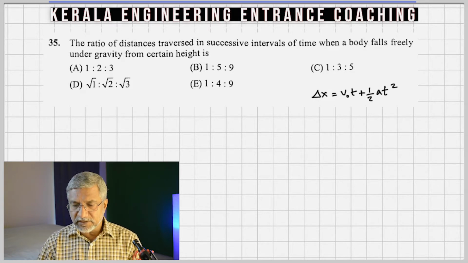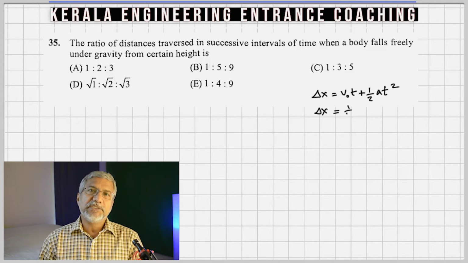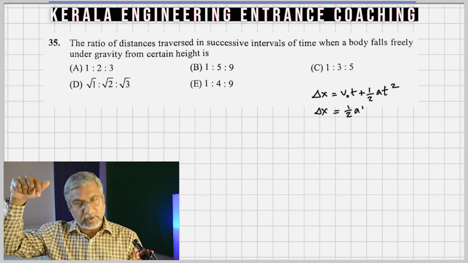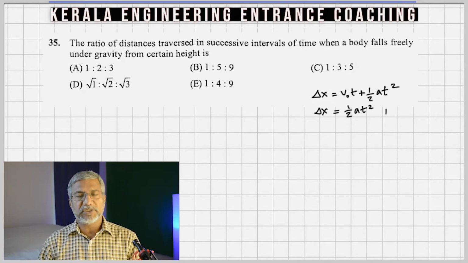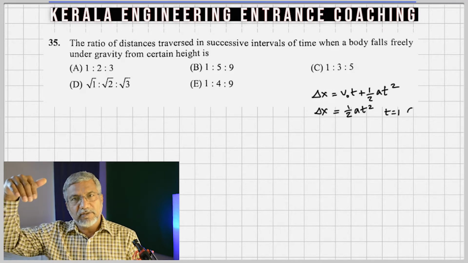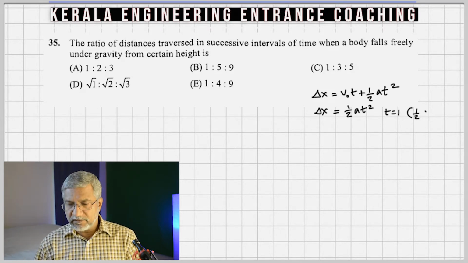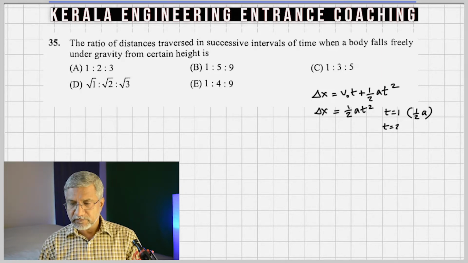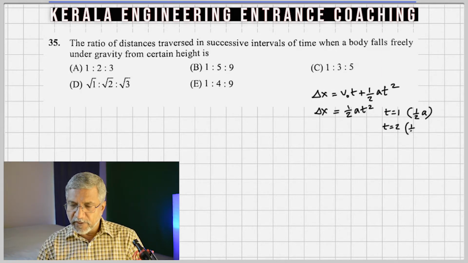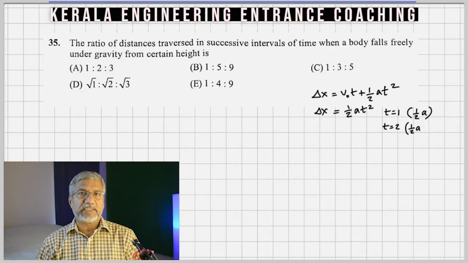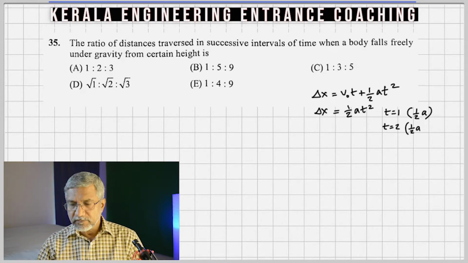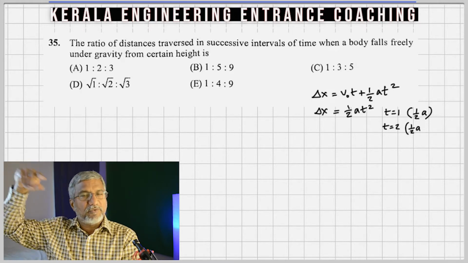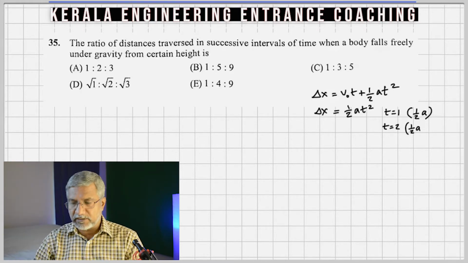Okay, here it is. So delta x, once again, if you take g as negative 9.8, you're going to get negative 4.9. It just shows that it is going down. So in t is equal to 1, you get half a. But what about if t is 2? In 2 seconds, how much will it travel from the beginning? So v naught again is 0. So in 2 seconds, it will travel